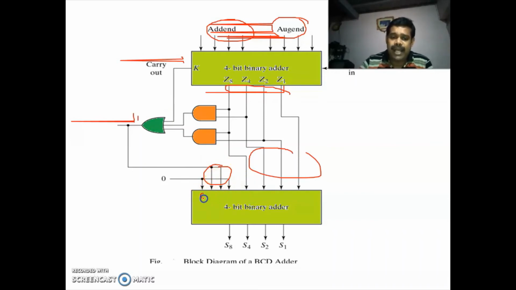The LSB and the MSB are maintained at 0, and the value of these two bits depends upon the value you are getting in this sum. If this value is greater than 9, the output of the circuit will be 1, then here it will become 6. If you get a value of 0 here, automatically here you will get 0. Then 0 plus this sum is nothing but the same sum. So this is the circuit diagram of the BCD adder.